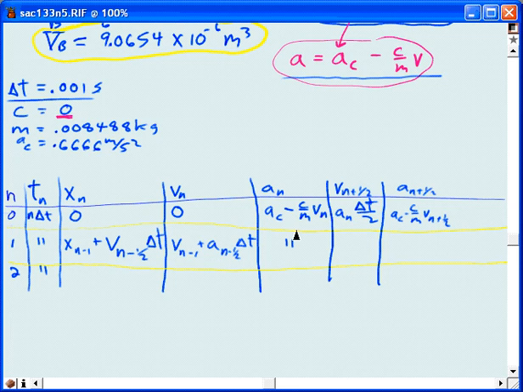Alright, that's for time 0. For the next time in here, this is actually where I need an expression. This will be vn minus 1/2, in other words, this value right here, plus, and then it's going to be the acceleration